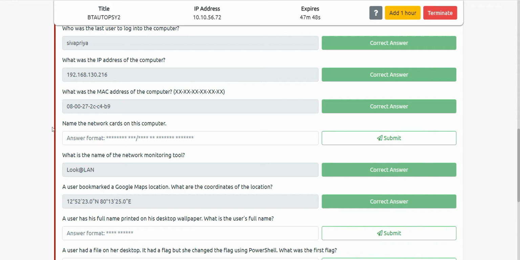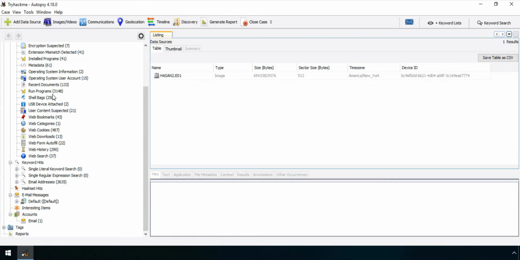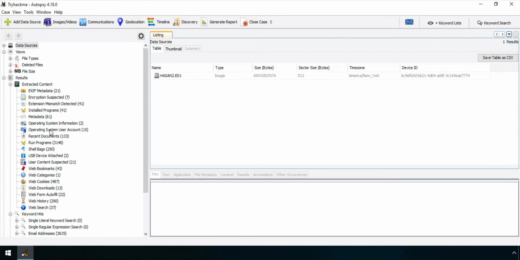The question we left before was to name the network cards on this computer. At first, I took the data source as the original computer, not as a virtual machine.